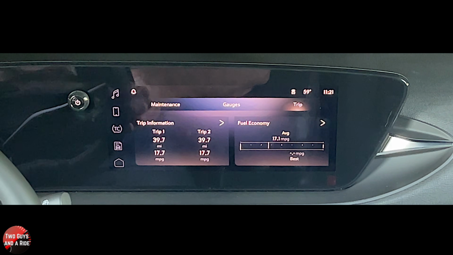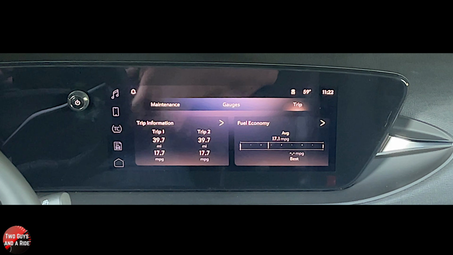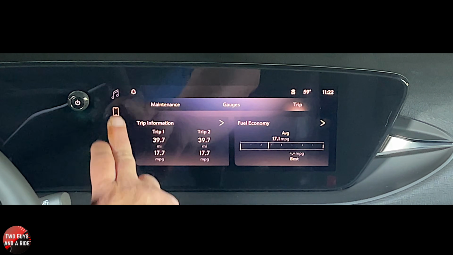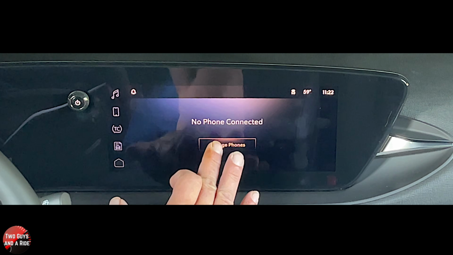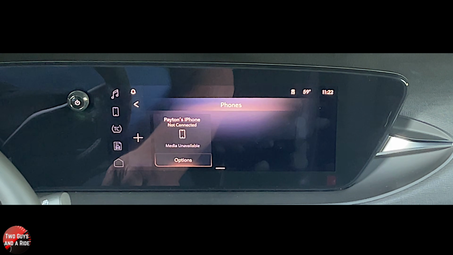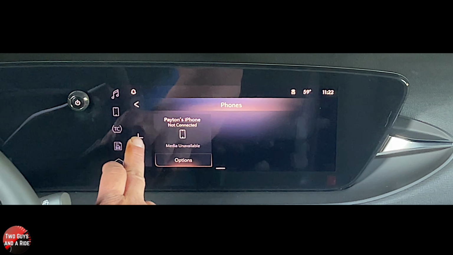All right, so I'm just going to turn on my Android phone. I'm going to swipe up to open. I'm going to go to settings, and I'm going to go to connections where I can find Bluetooth. I'm going to click on Bluetooth, and then I'm going to go here, click on phone, and say manage phones. All right, I am going to go to plus,